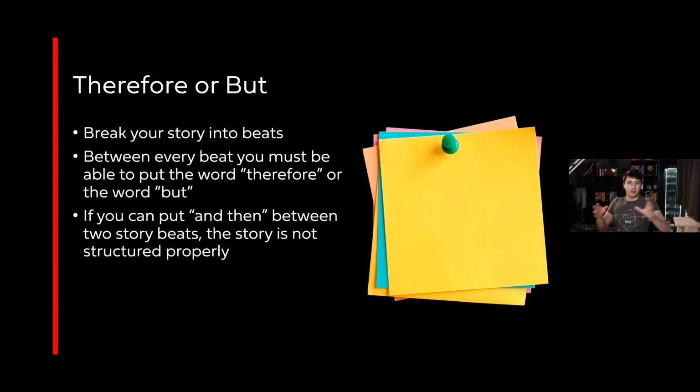What I mean by that is, if you break that story down into beats and you say this thing happened, and then this thing happened, and then this thing happened, and then this thing happened, that's like how a primary school child tells a story. It's not engaging. It doesn't cause you to be invested in the story. But if you tell the story as this thing happened, but this thing happened, and therefore this thing happened, but this thing happened, it's suddenly so much more engaging. I hope everybody's had this experience at least once in their life.